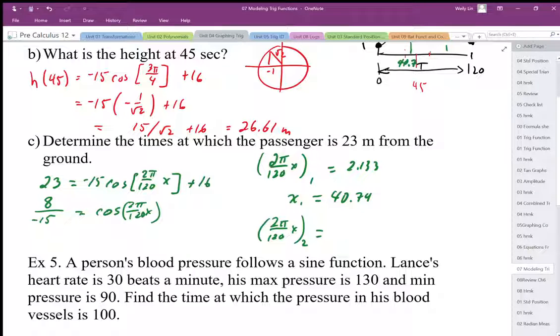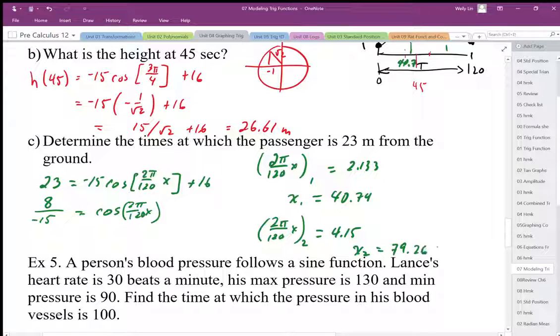I'm getting approximately 4.15, which is equal to about 4.15 radians. Solving for that x, I'm going to multiply by 120 and divide by 2 pi. So I get a time of about 79.326 seconds,